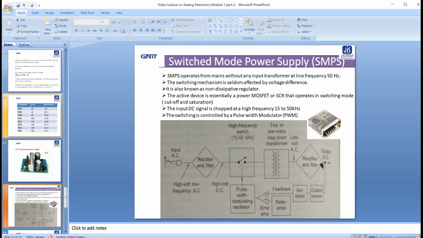rather it will be a pulse type DC, because of this switching circuit. That's why it is called the switch mode power supply. This pulse DC will go to the output sensor and isolation to go to another input of the error amplifier, where the error amplifier's other input will be fixed by a sawtooth generator. Now, depending on the difference from the reference voltage, it will go to the pulse width modulator circuit.